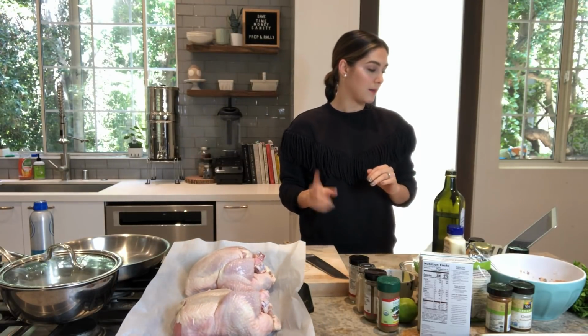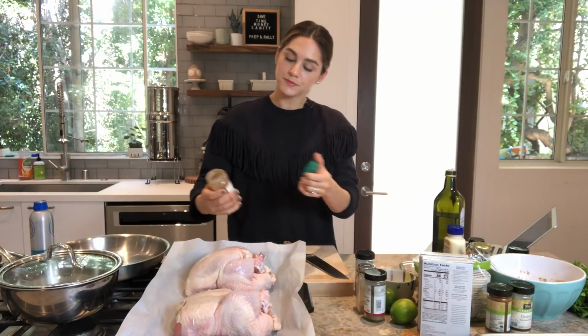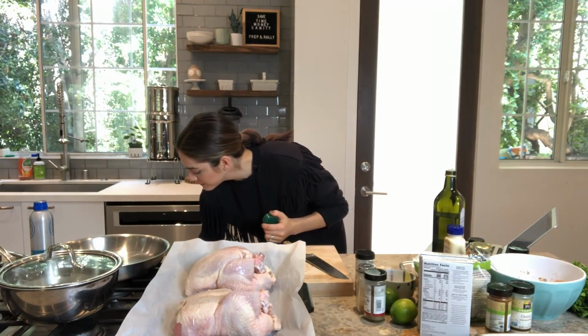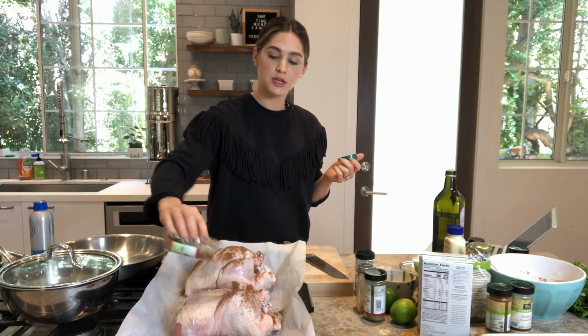All right, so I have 2 whole chickens here. You can get them spatchcocked if you'd like. If you want to make it a little bit less time consuming, you could totally do that. It'll take less time to cook. So I would love for you guys to get comfortable with just eyeballing. All right, so when you see those measurements,